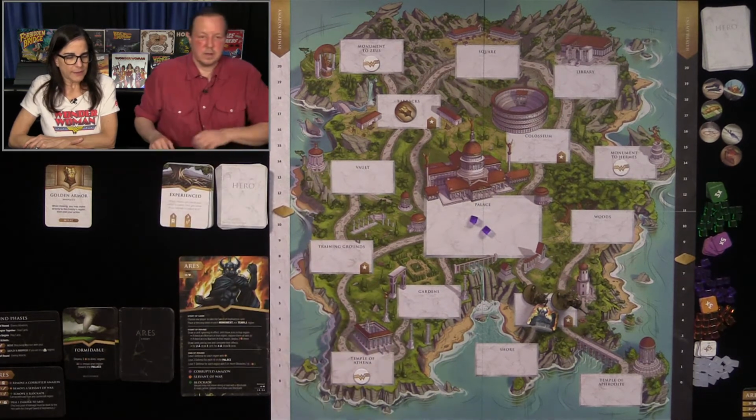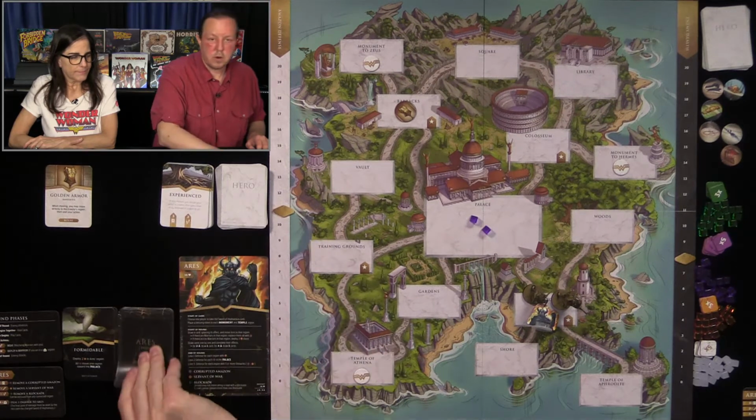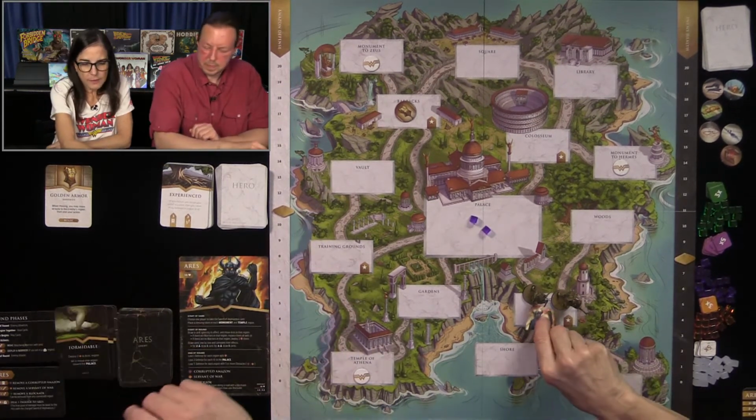We need to get our little selves in the palace. In fact, that's where I'll go. Well, we got to see what cards we get. All right, where's Aries going next round? I don't know. He's going to the vault. The vault. Where the heck is...